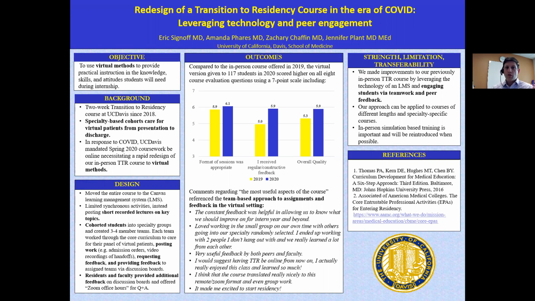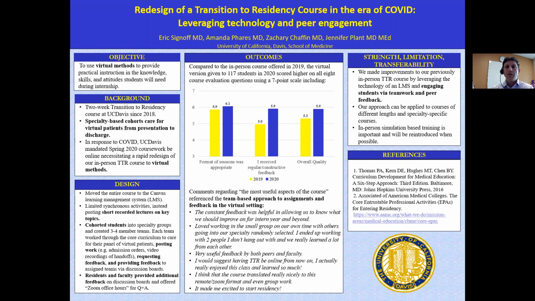The students who were cohorted into specialty groups then were broken down into small teams of 3 to 4 students where they would work together on common tasks for their virtual patient panel, and then subsequently post their work onto Canvas and utilize the discussion board where they would first elicit feedback, asking for certain areas where they could receive feedback, and then subsequently provide pairs of teams feedback on those specific questions and generally on what their work entailed,